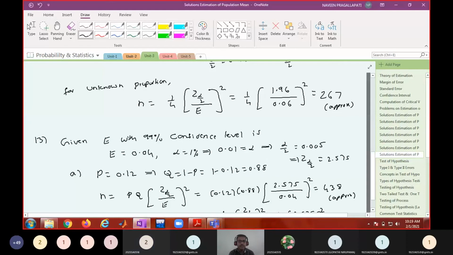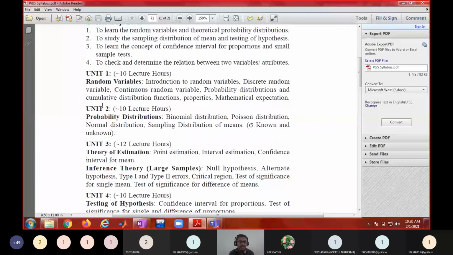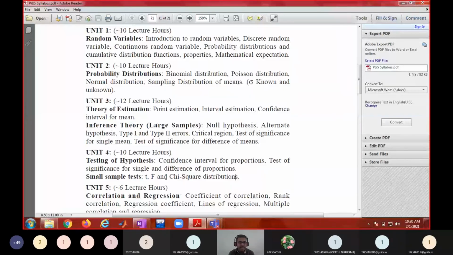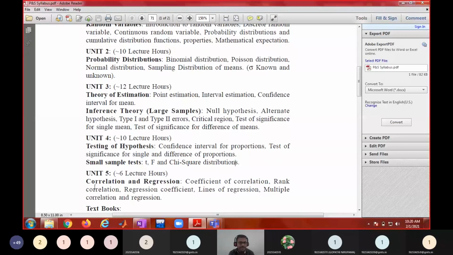Yes, sir. Okay. Now before proceeding, just to look at the topics in your first four units, to make sure that I have completed all the topics. I completed the confidence interval of small mean just now, and I also completed confidence interval for proportions. So with this, the fourth unit is over, third unit is over, second unit is over, first unit is also over. Is that fine? Yes. Now shall we go to the fifth unit?